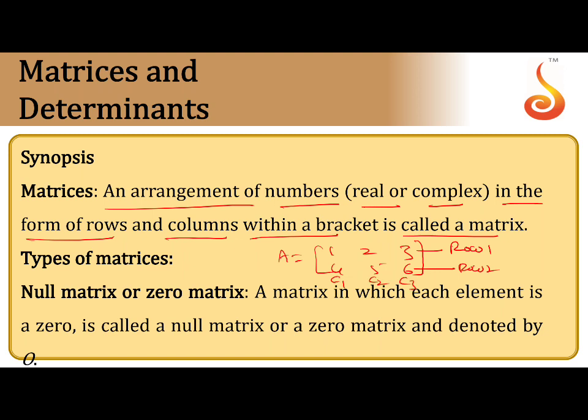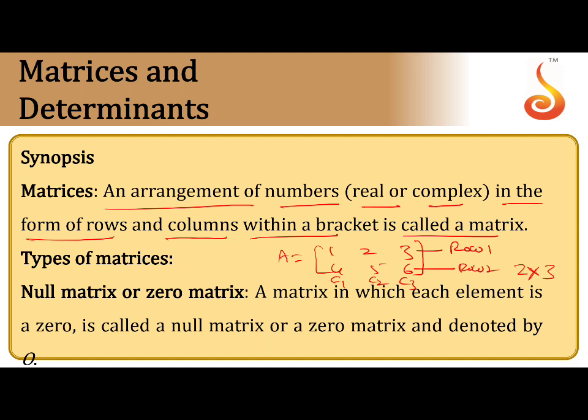If you write the arrangement of a matrix, you want to define the order of a matrix. The order of a matrix starts with rows. How many rows? 2 rows, and then write "by" columns: 2 by 3 matrix. That means the order of the matrix is 2 by 3. Always first the number of rows, counted from top to bottom, and then columns, counted from left to right. I hope that is clear now. So that is the matrix.